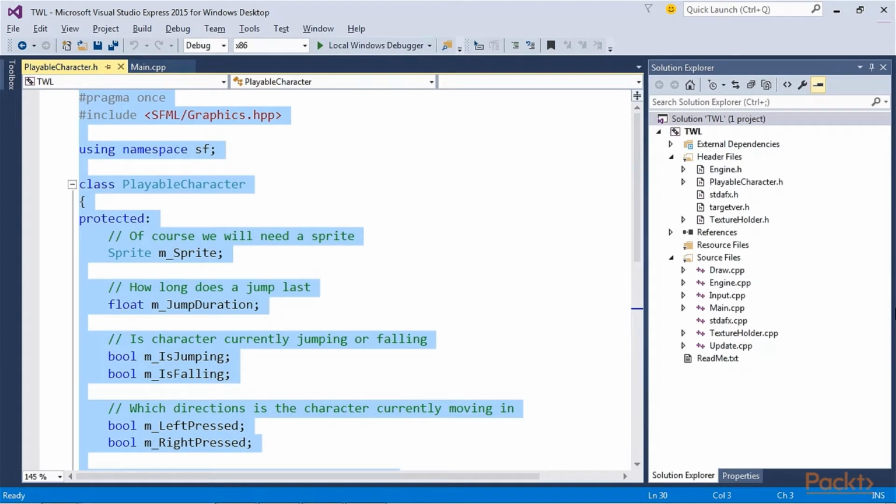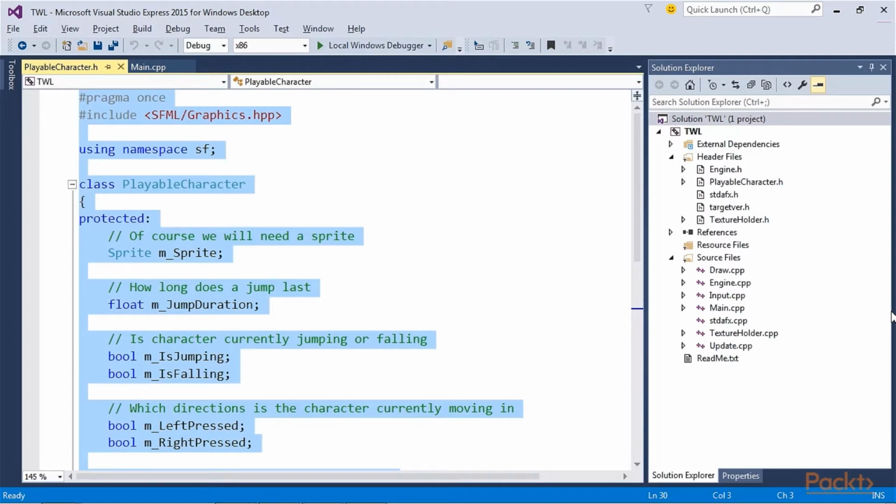The first thing to notice in the code we just wrote is that all the variables are protected. This means that when we extend the class, all the variables we just wrote will be accessible to those classes that extend it. We will extend this class with Thomas and Bob classes. Apart from the protected access specification, there's nothing new or complicated about this code. It is worth paying attention to some of the details, however. Then, it will be easy to understand how the class works as we progress. So let's run through those protected variables one at a time.